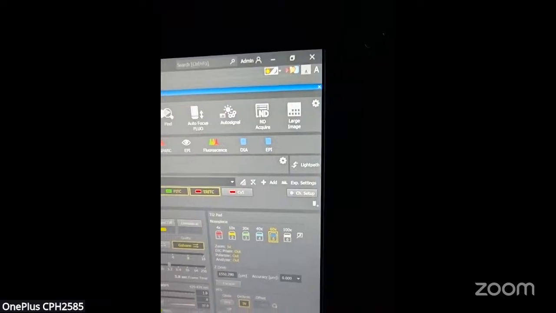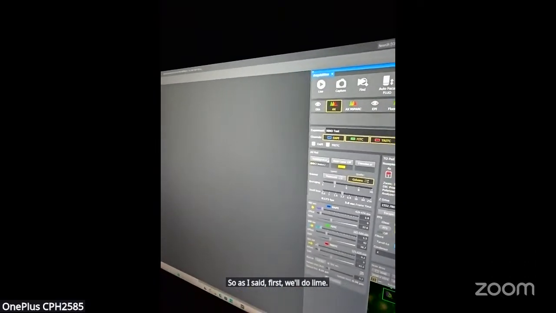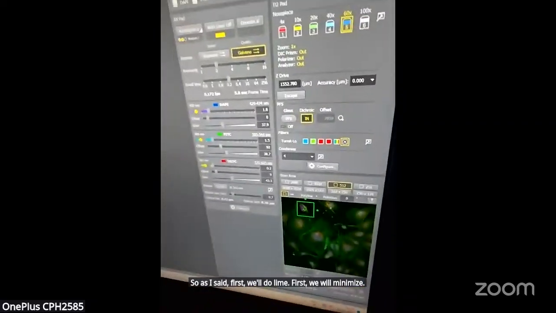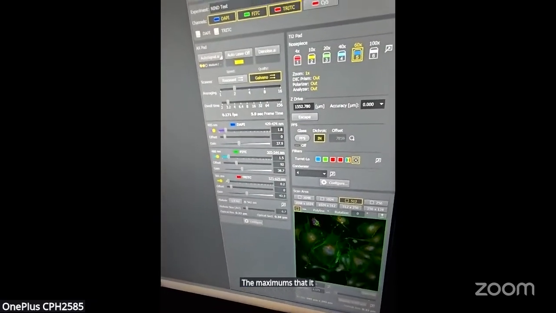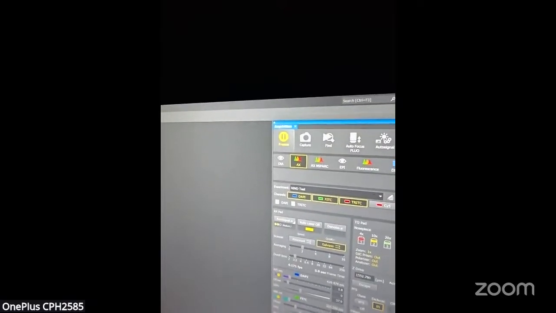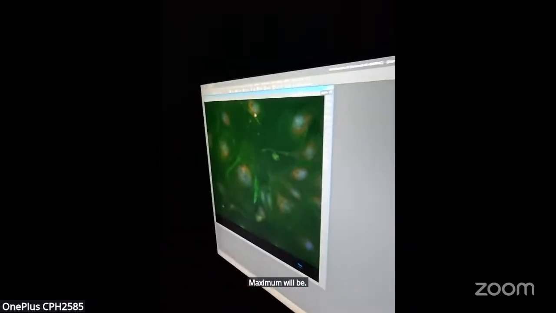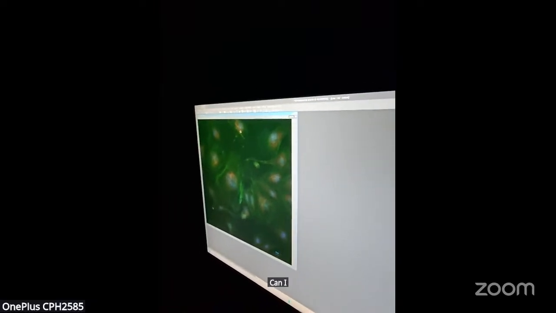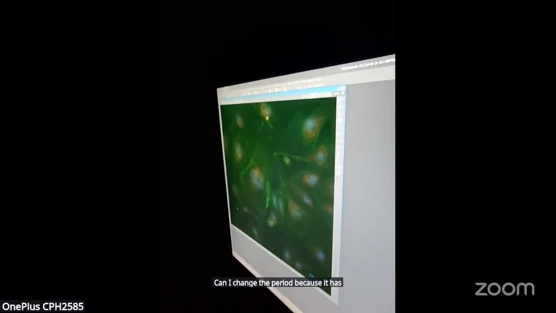As I said, first we'll do live. First we will maximize the probability, maximum probability. We'll do live. Should I change the area because it has bleached now?